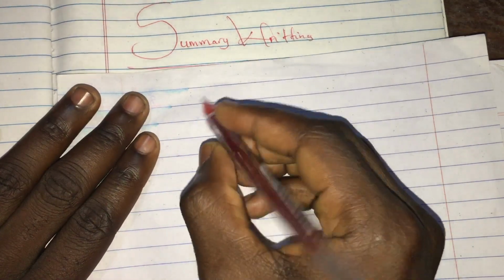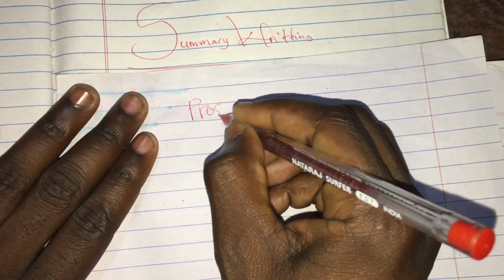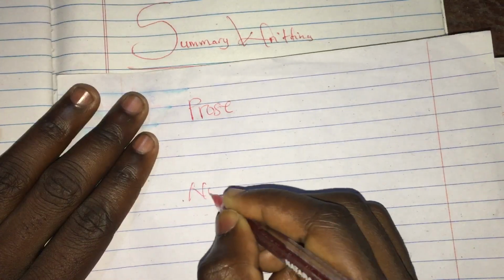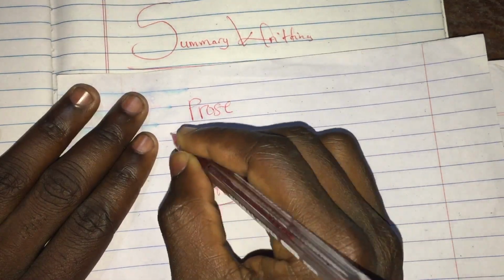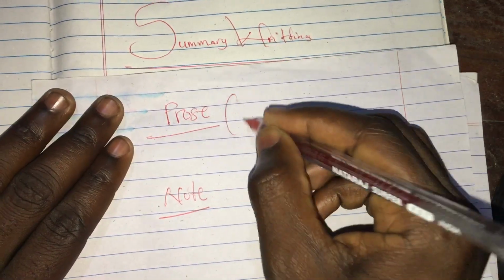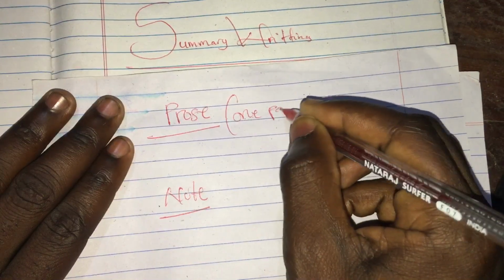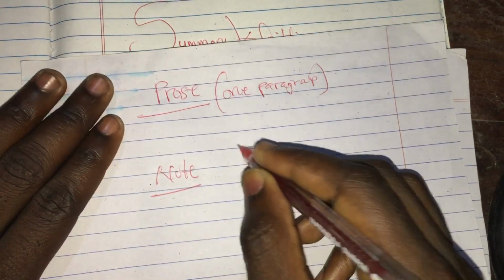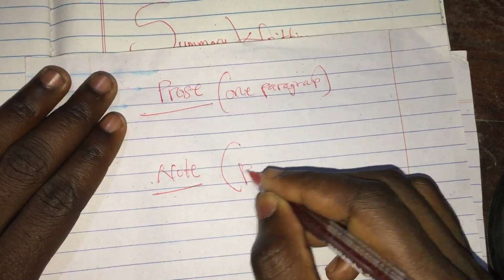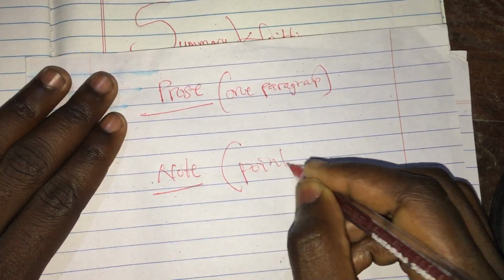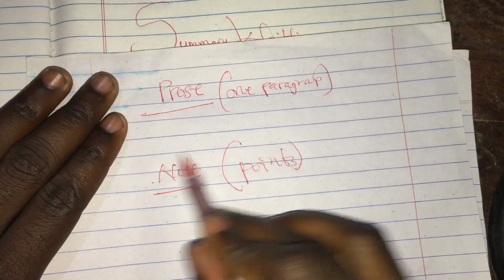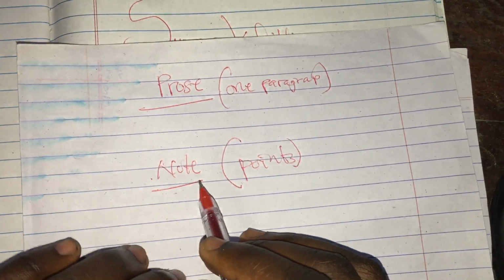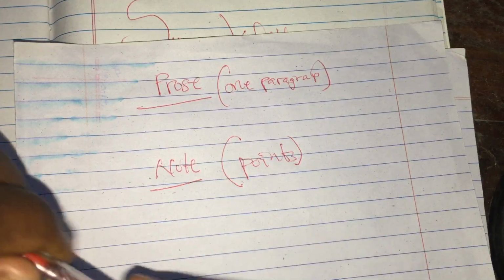Alright, so now we have prose and note. You've seen? For prose summary, you just have to write it in one paragraph. Then for the note summary, you just have to write in points. You'll be given 20 points, 20 lines. Alright, so now the question is,